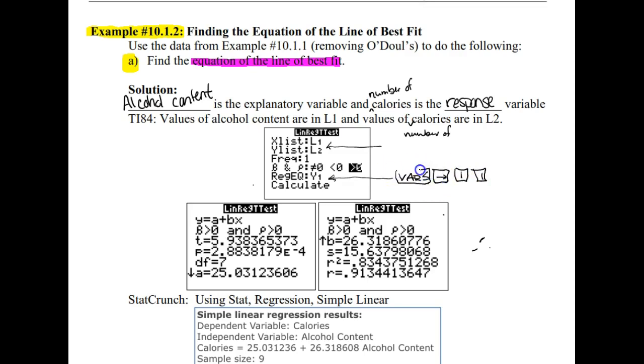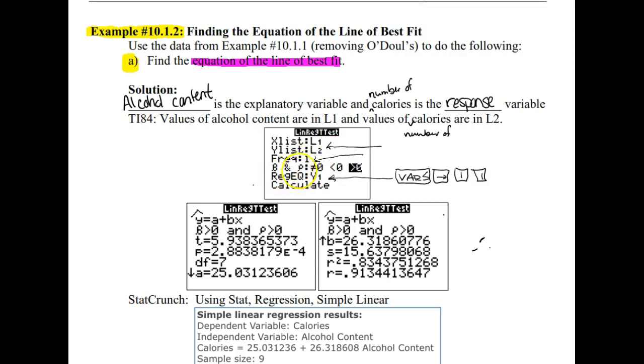That's just going to give us a place where the calculator is going to store this equation, because it's going to have a bunch of decimal places in each of those coefficients, so that we can look at its graph and use it to estimate values for Y in future problems. I'm also going to emphasize on these output screens that this is really Y hat. These are estimated values of Y. Once we have our lists in there, frequency, the default is 1, and we should not change that.